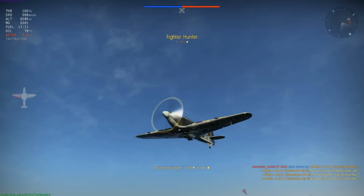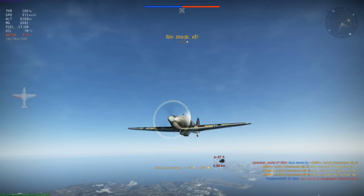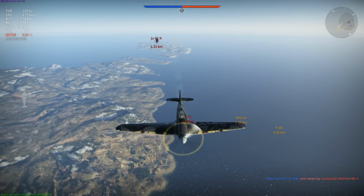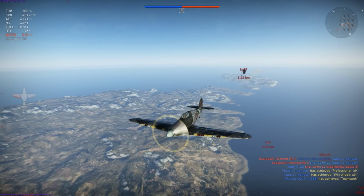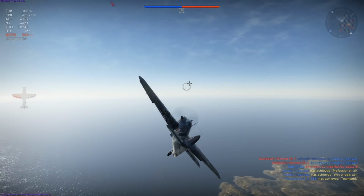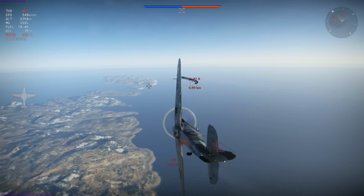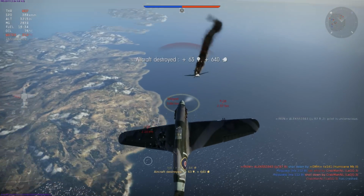Finally, we pick up the kill on the P-36A, and with 8 now in the bag, we are about to come around on the Junkers 87, or at least we are contemplating it. Now the Junkers 88 for the time being is going to have to get away with their overall endeavours. We continue to look behind and notice an I-16 also climbing up for the fight. And so at this point we're just trying to extrapolate some distance and hope that both planes decide to break off. Although soon we realise if we continue flying away we're going to hit the edge of the map. Fortunately however, the I-16 has broken off and we can go head to head with the Junkers 87 once again,